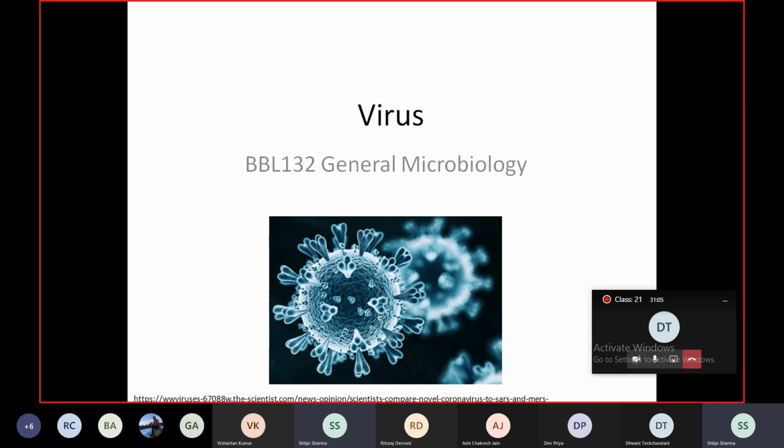So for this, the general term used back then was virus, which was general in the sense that anything which was causing an infectious disease was called a virus, as it means poison. And the credit for discovering viruses actually goes to a Russian biologist by the name of Dmitry Ivanovsky, who was working with tobacco mosaic virus. It is one of the best studied viruses. And towards the end of the 19th century, 1892 or something, he confirmed Pasteur's hypothesis of an infectious agent which is smaller than the bacteria.